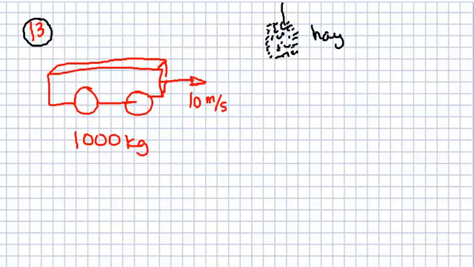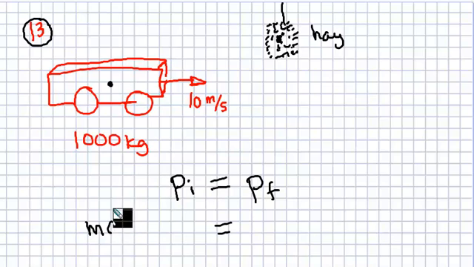Number 13. This is clearly a conservation of momentum problem. Initially we have some momentum of the system, which is composed of the car and the hay. And finally we have some momentum of the car and the hay combined. Initially we have two separate objects, mass of car times velocity of car